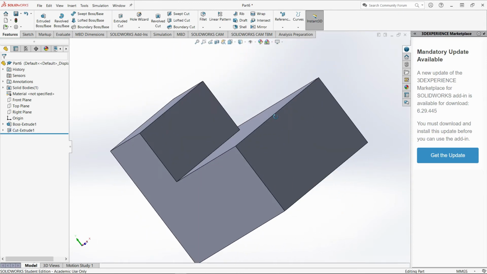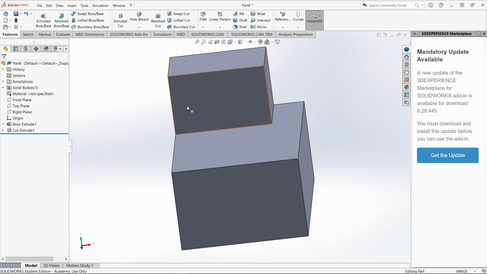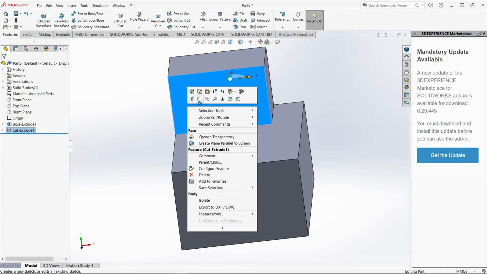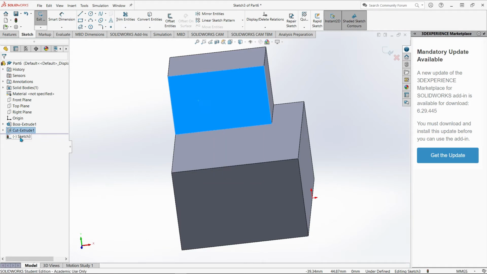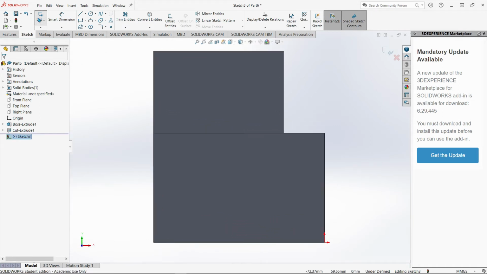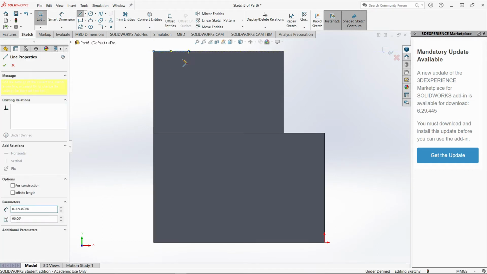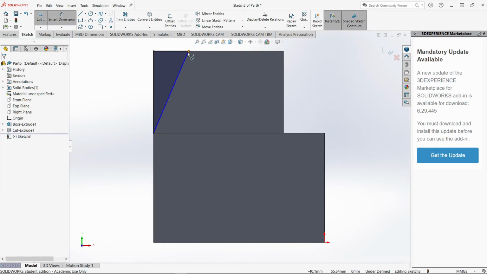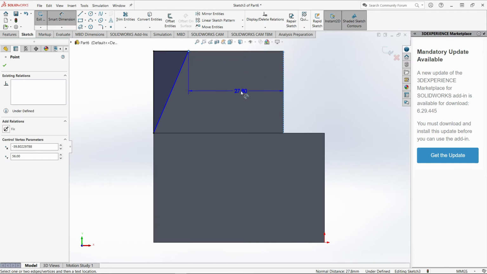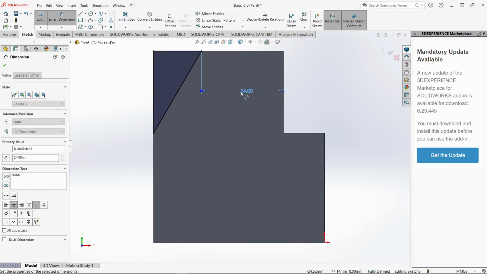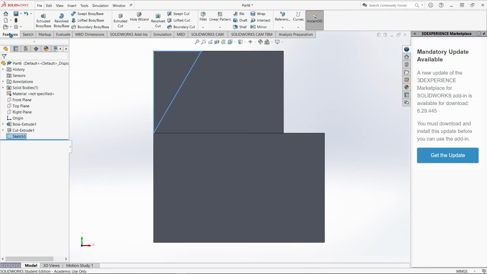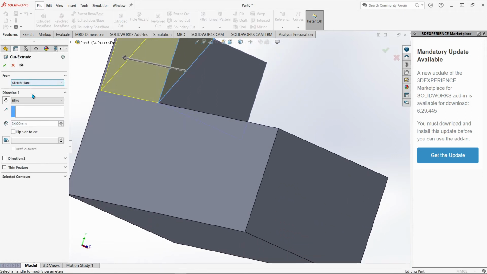Now we will go ahead and cut this slant. So I'll select this and create a sketch on that plane. I will go normal to the plane and draw the triangle like this. All I need to do is dimension this point to this edge to be 24, and we have completed our sketch. The sketch is fully constrained. We will go to features, extrude cut this portion, and I will say through all,